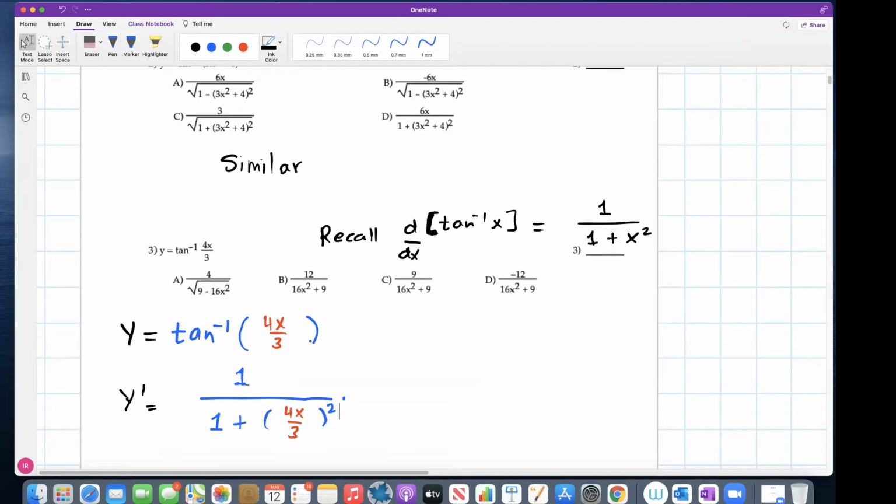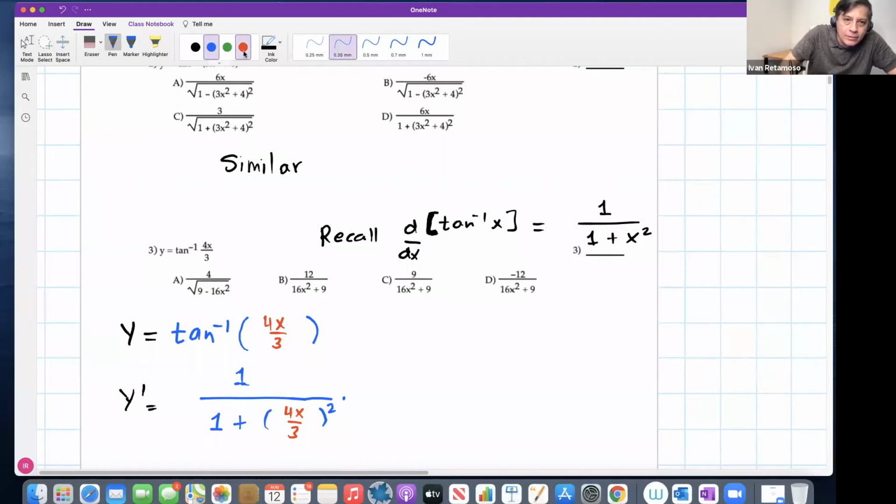4 over 3. 4 over 3, Adriana. Very good. Excellent. The constant part, because the constant 4/3 comes out, and the derivative of x is 1. This is 4/3. Excellent. 4 over 3, and let's write it nicely there. 4 over 3 there. Very good. Now,